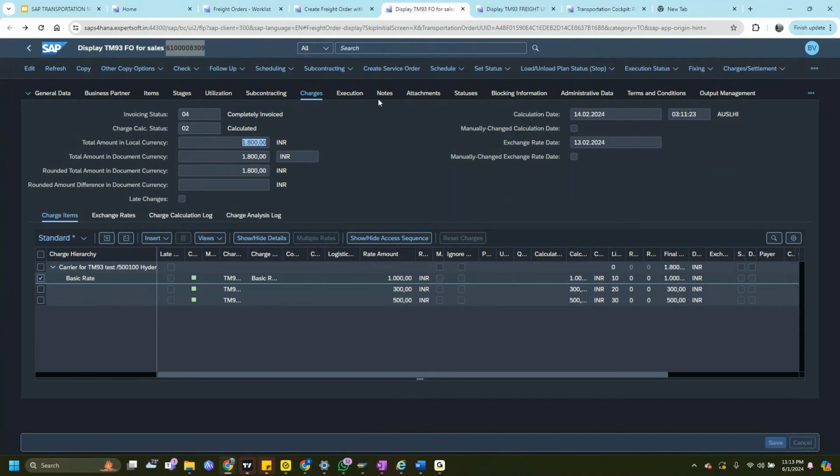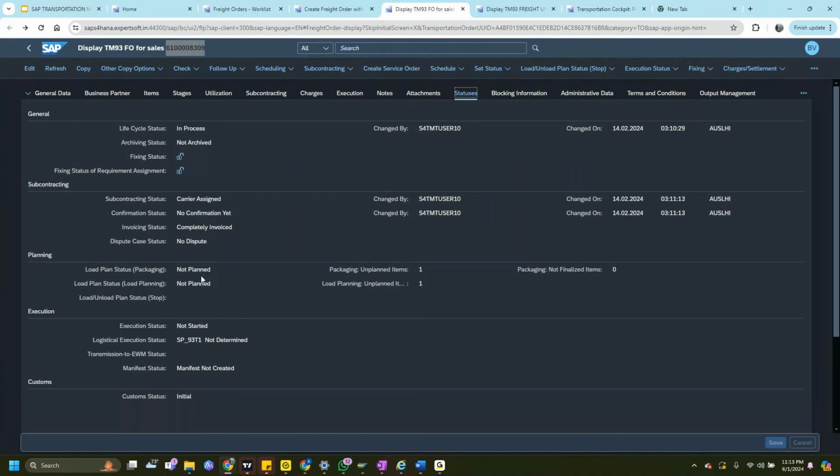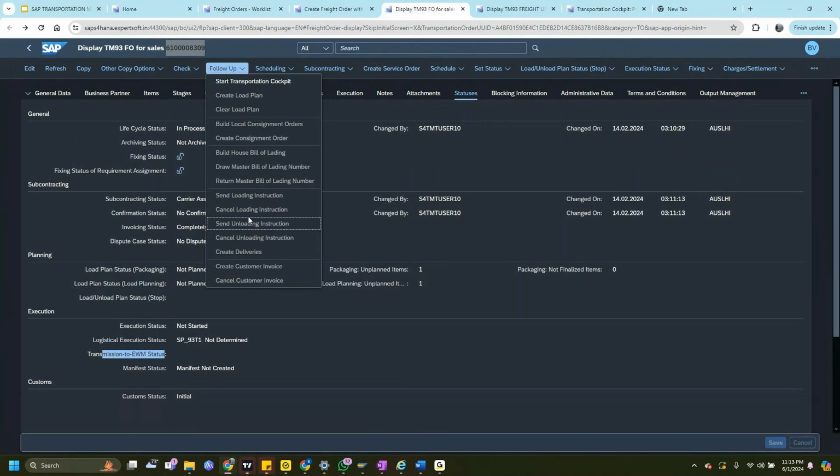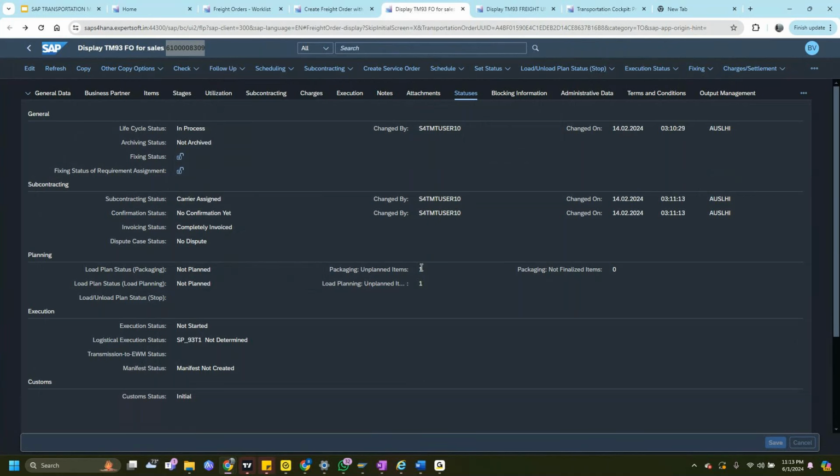So once we trigger deliveries, a delivery is created in the S4 system. If it is EWM relevant, it gets distributed to the EWM system. Once it gets distributed, we can see the statuses over here. If it is EWM relevant, the transmission to EWM status will be there. When we send the loading instructions, it will be sent, and you can see the TO over there.